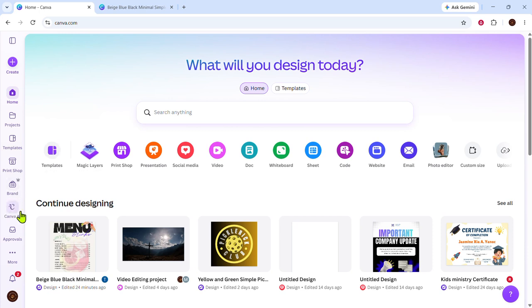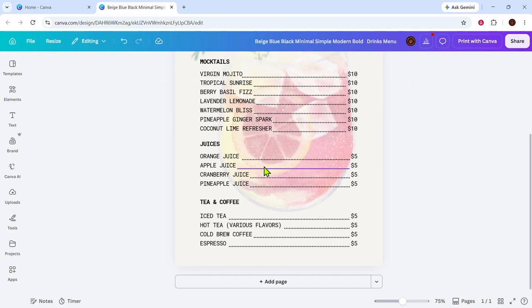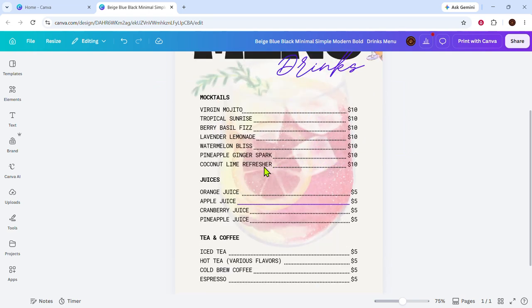When your design is open, look over to the side panel and click on Uploads. This section is where Canva lets you bring in your own images, videos, and other media files from your device. It's especially useful when you want to personalize your design with your own content instead of only using built-in Canva elements. After clicking Uploads, you'll see the area where your previously uploaded files may already appear, along with the option